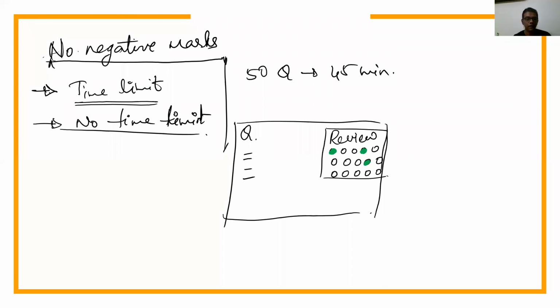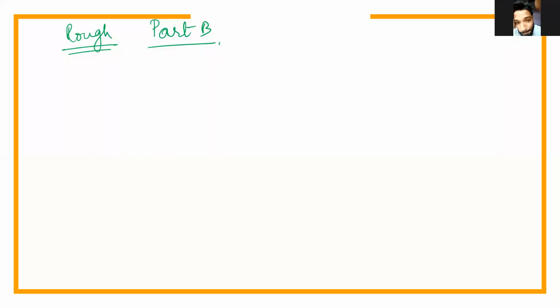But now what happens if there is a time limit in a question? If there is a time limit in the question, then the problem is that I will never have these review questions. So what I would ideally suggest always is, if you are having a rough note while you are writing this exam, especially on part B, start noting down the answer options of the questions that you're doing.